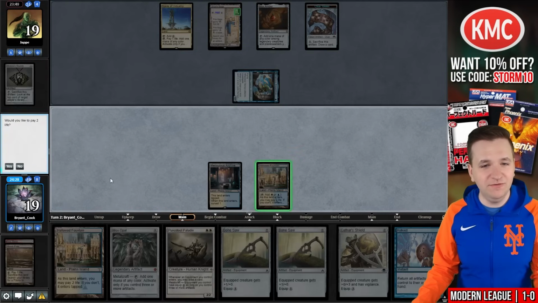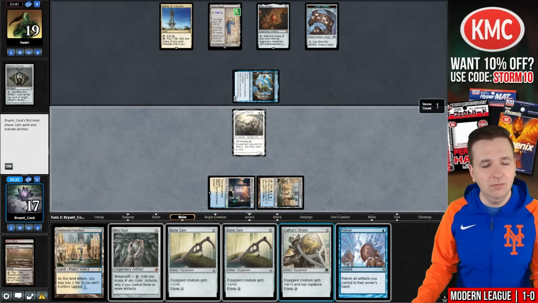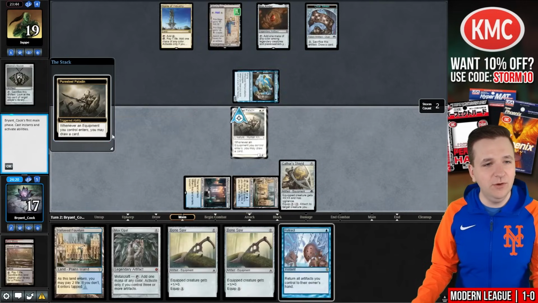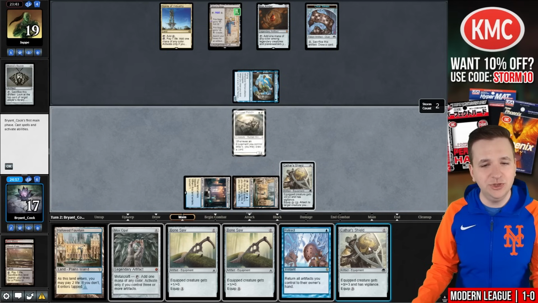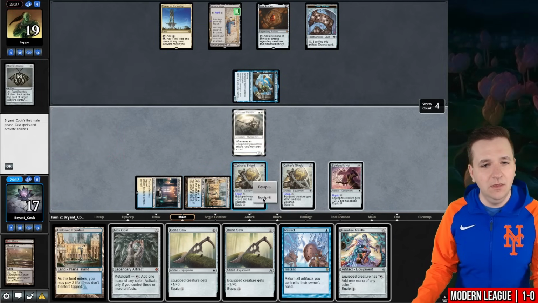Retract. Okay, let's try for a turn 2 win. Play the Puresteel Paladin. Play Shield. Looks like it resolved. We'll play another shield. Play the Spider Silk Net. I'll now equip,